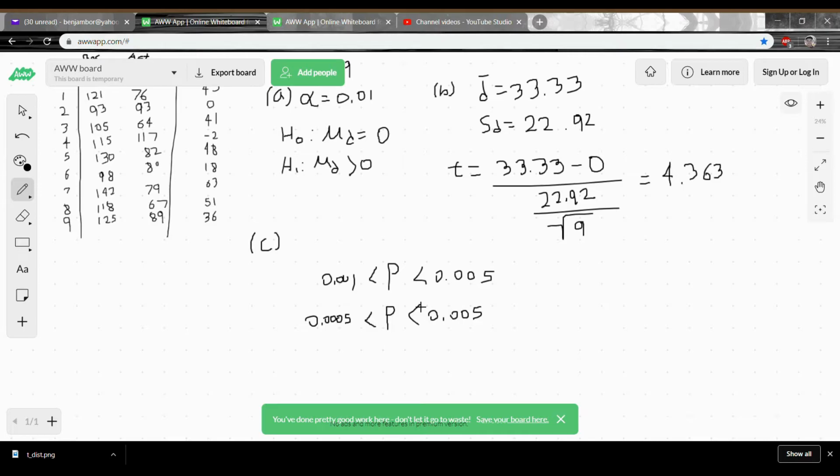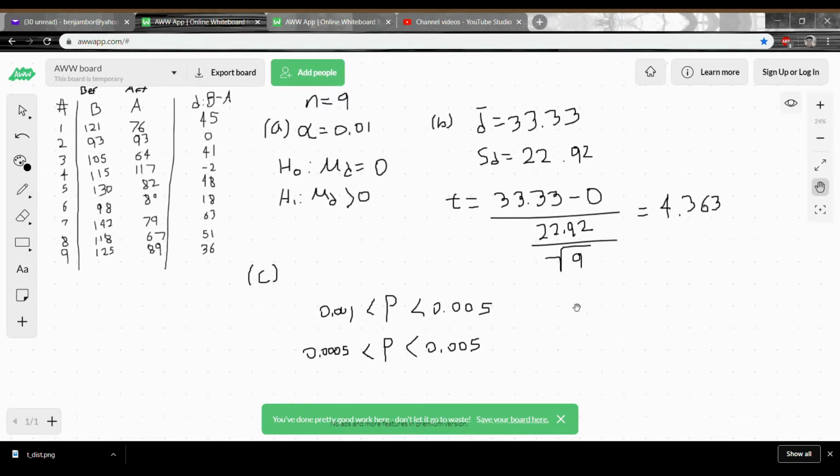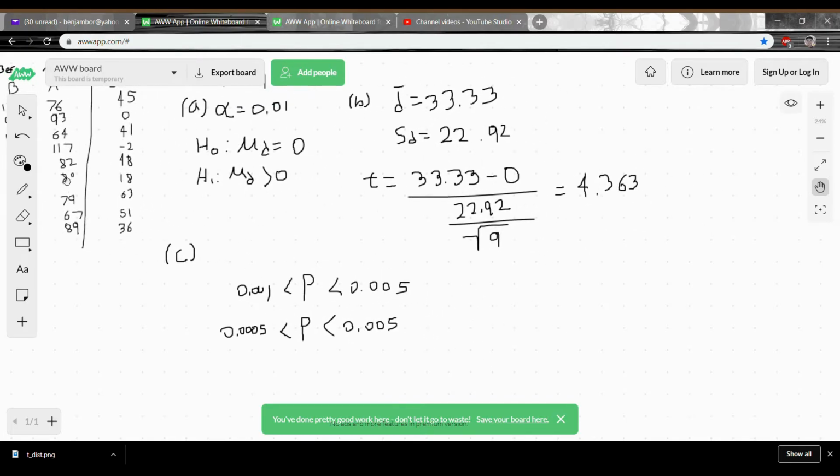Now we can take this value for p. We don't have an exact value. A calculator would give us an exact value. We don't have it, but it is enough information to conclude the test. So part D, we're going to conclude it. We know that if the